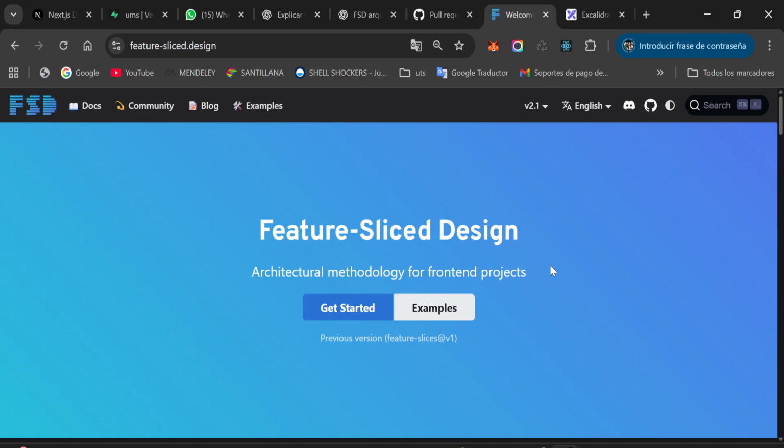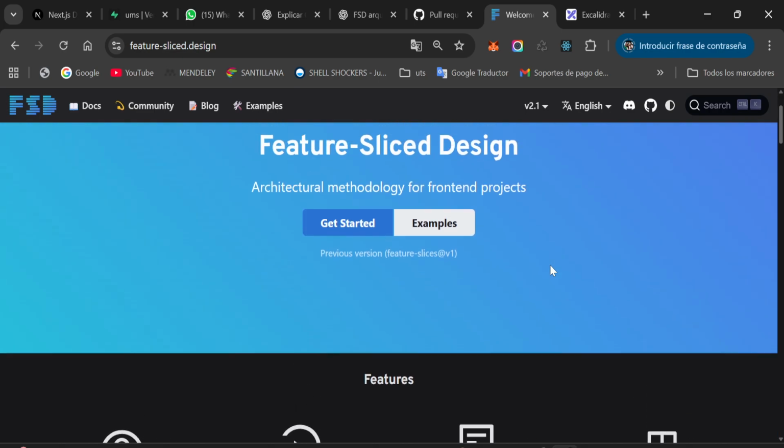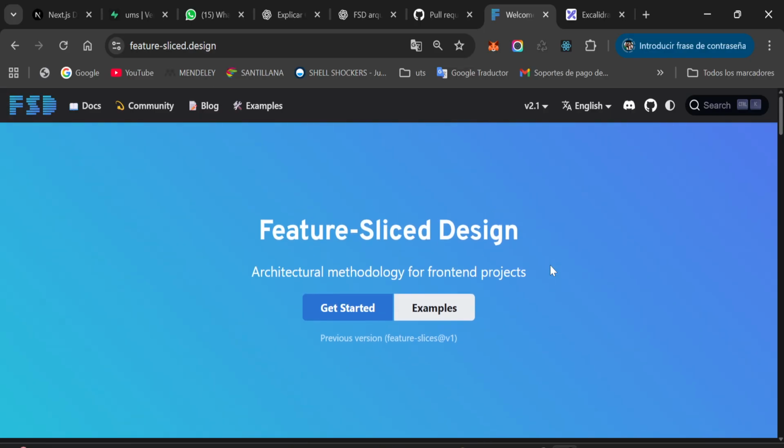Then we'll create the next project and install it. So, this is the official documentation. Now we are on the official Feature-Sliced Design website to read the basic concepts of this architecture and get